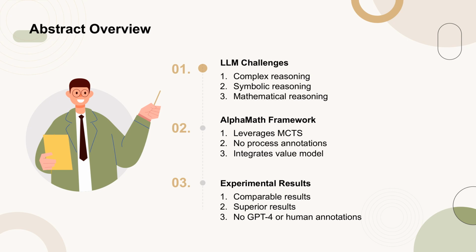particularly in mathematical reasoning. To address these challenges, the authors introduce AlphaMath, a novel framework that utilizes Monte Carlo Tree Search, MCTS, without the need for process annotations from humans or GPT-4. This framework integrates a value model with the LLM to enhance mathematical reasoning capabilities. The experimental results show that AlphaMath achieves comparable or superior performance to state-of-the-art methods without relying on GPT-4 or human-annotated